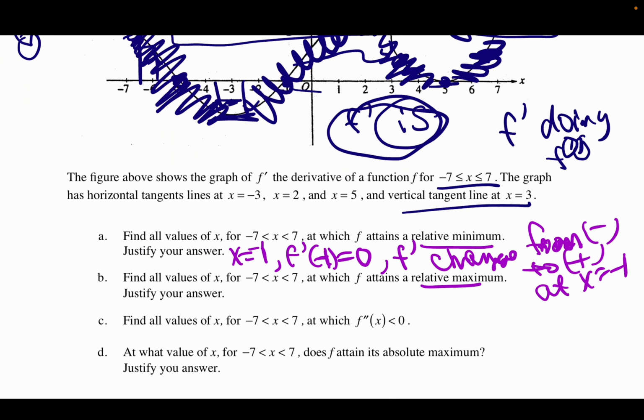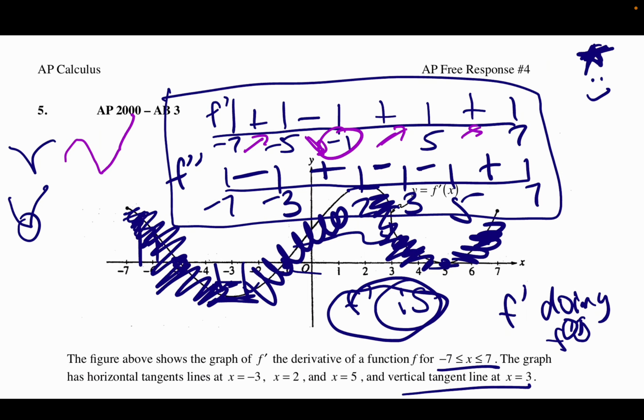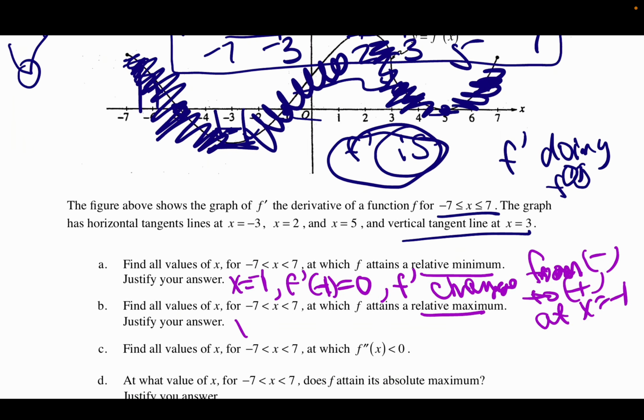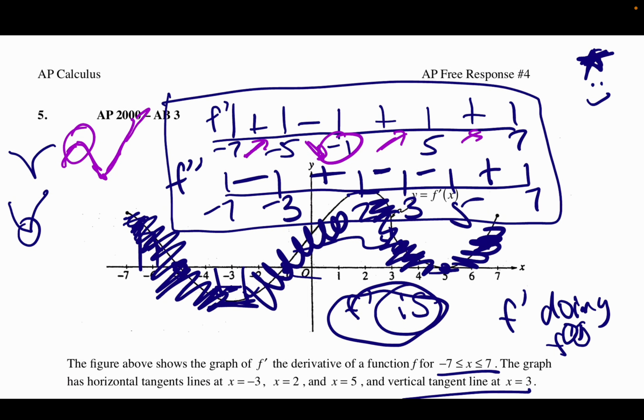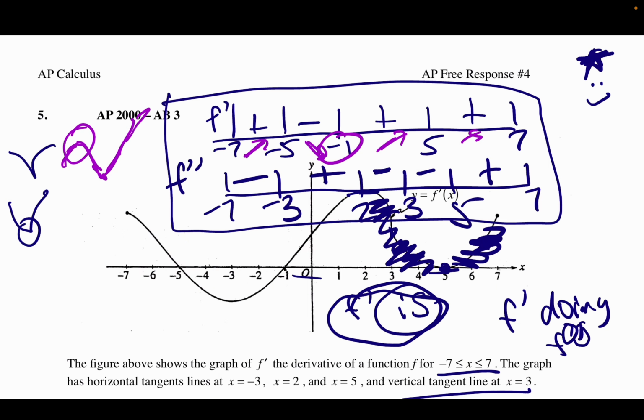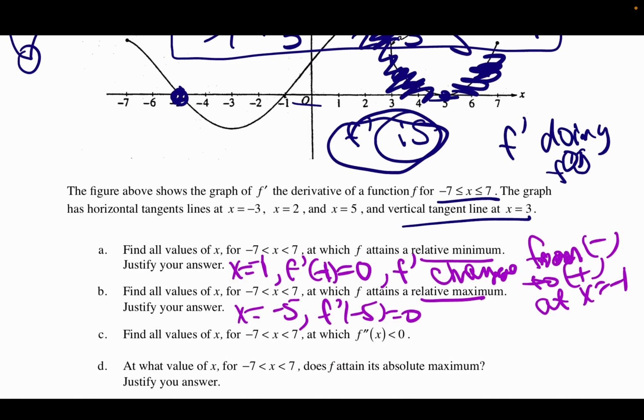And now we're doing a relative max. All right, relative max can occur at negative 5 because it went up, down, and then up, up. So it's only relative max, not absolute, but relative max. Occurs at x equals negative 5. We know that f prime of negative 5 was 0. My derivative quite literally was 0 at negative 5. Right here. And we knew that our derivative was positive and then negative. So f prime